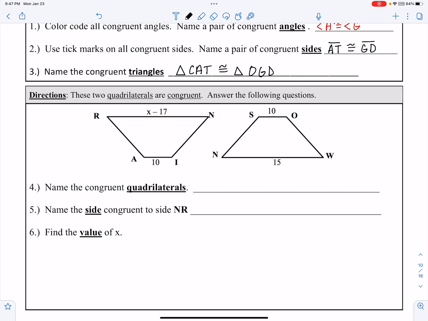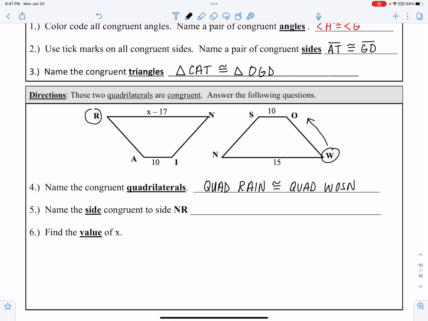These two quadrilaterals are congruent. Answer the following questions. So name the congruent quadrilaterals. They just want you to name the shape with the angle names. They don't want you to say trapezoids. That's not the point of this. So you're going to say that we have quadrilateral RAIN is congruent to quadrilateral, and then we're going to do the same order. So you can see I started in this corner here. And if I rotate around, I'm going to start here and go that way. So I have WOSN,